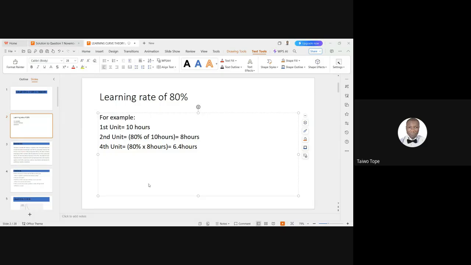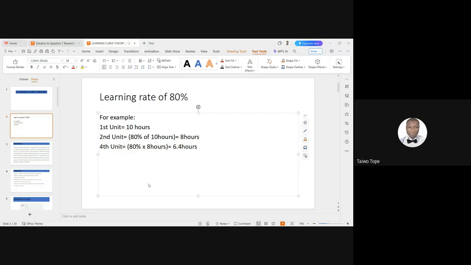So for example, let me use my environment now. If it would take me, where I am, let's say 30 minutes to get to University of Jos from my location, based on the fact that I'm just learning how to drive for the first time, by the time I continue driving, observing the various traffic routes without any hold up, without any traffic, because I've become a master in that, and I keep using, let's say, 10 minutes to get to University of Jos from this my location, it means no matter how I try, I'll definitely use 10 minutes.